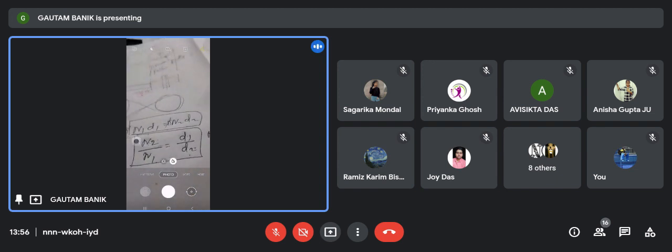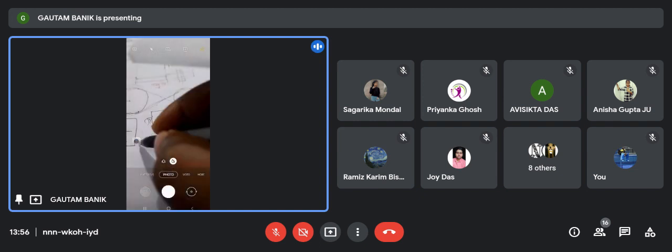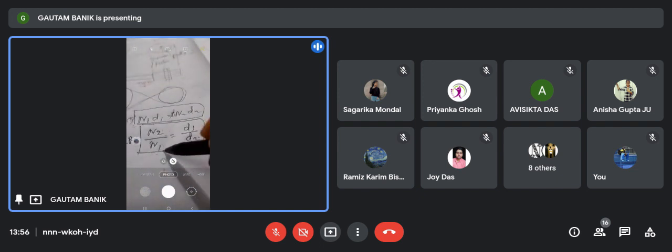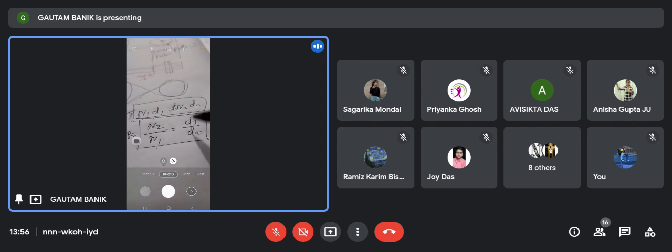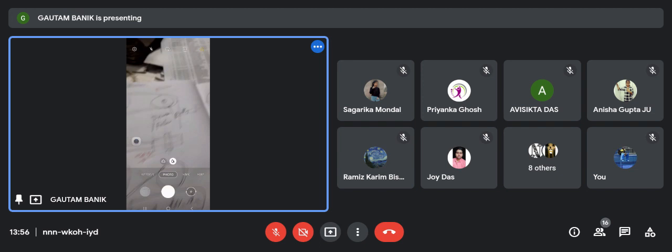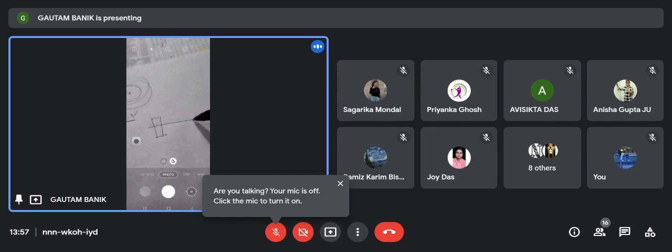N inversely varies with D. If N increases, D decreases; if N increases, D will decrease. This is called the velocity ratio, VR. N2/N1 is equal to the velocity ratio, which is numerically equal to the physical parameters of the elements, that is d1/d2. Now let's come to the compound belt case. In the compound belt, a belt is there,